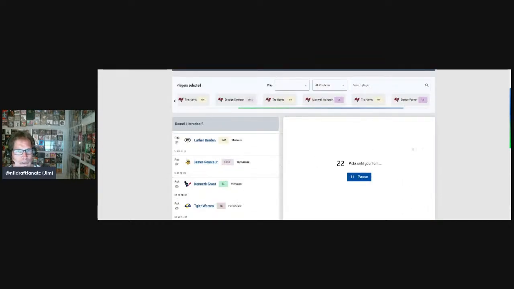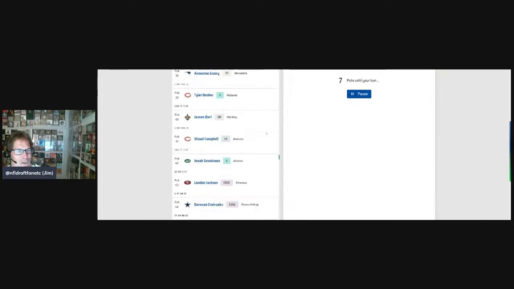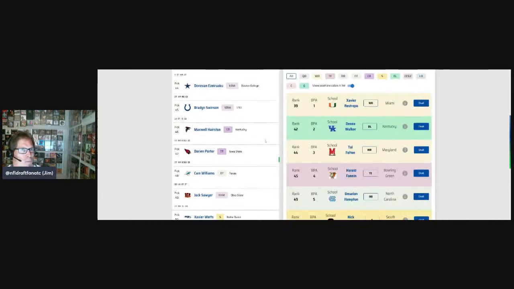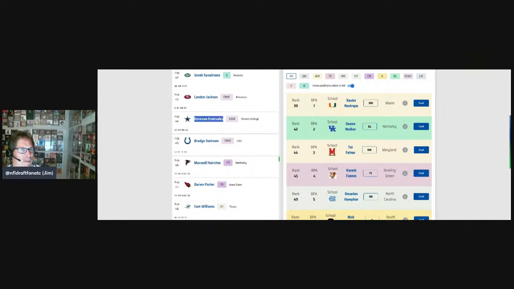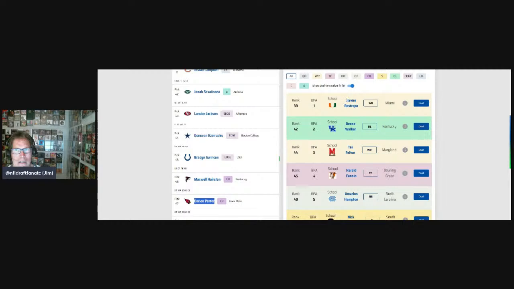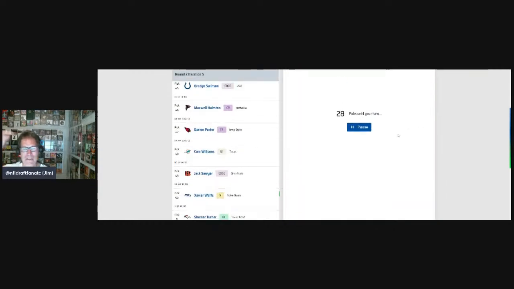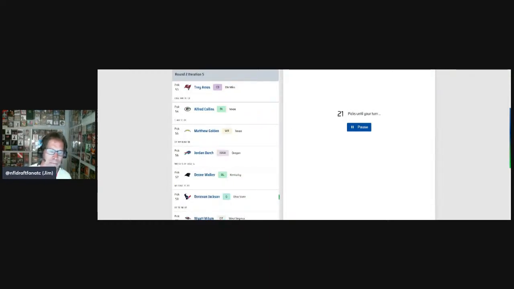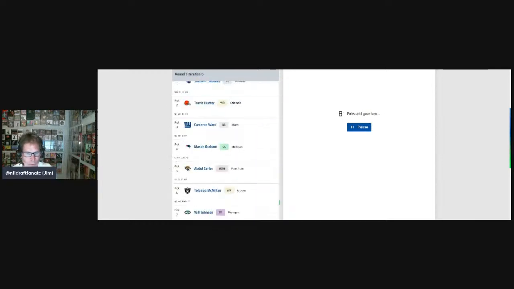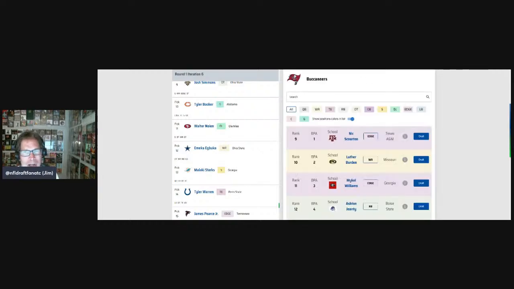And let me show you what it's doing in round 2, because this is kind of clever. At least it was kind of clever to me with how I chose to design it. So if you look, before the Buccaneers pick, I took Izaraku, I took Swinson, I took Hairston, I took Porter. It makes sure that the players that I mocked in a previous round 2 are off the board before my next round 2 pick. So it's just a series of 2-round mocks that are connected, making sure you can't take the same player in round 2.